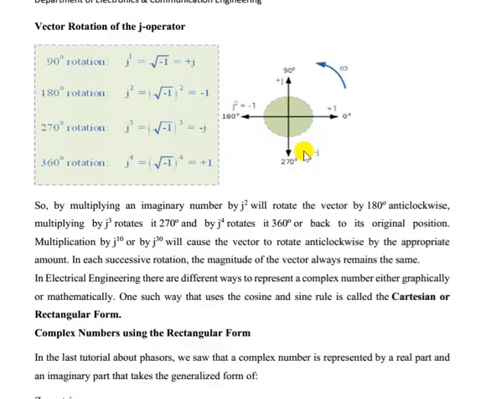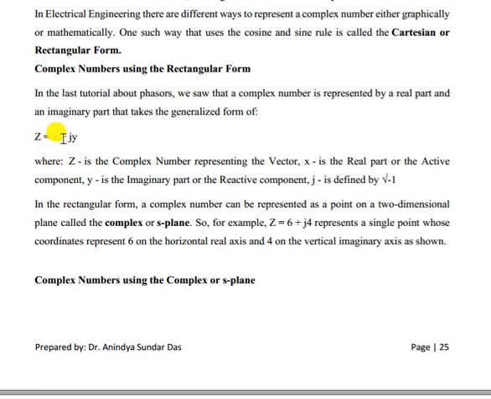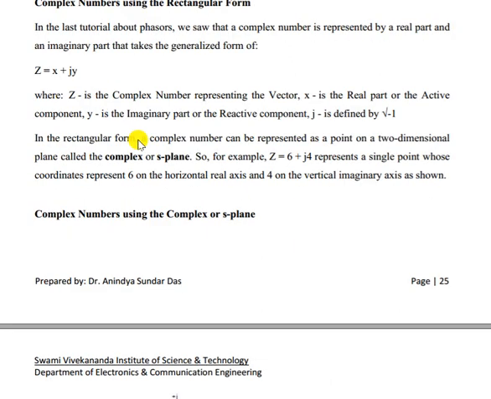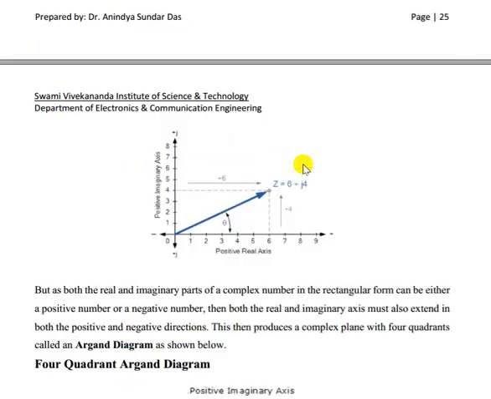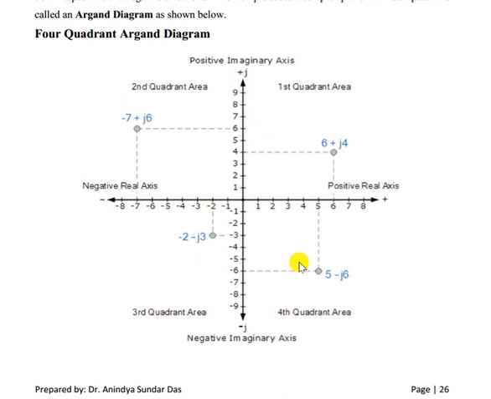So now complex number is written as form as z equal to x plus jy. Okay, and in complex plane we can plot that real part, imaginary part. So this is a 6 plus j4. Okay, this is the complex number point, and this is according to the 4 quadrant. So this is having both positive for imaginary and real axis. Here real axis is negative but imaginary is positive. Here both real and imaginary negative. Here real axis is positive but imaginary is negative.